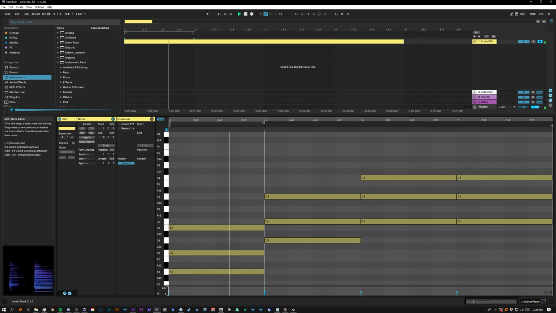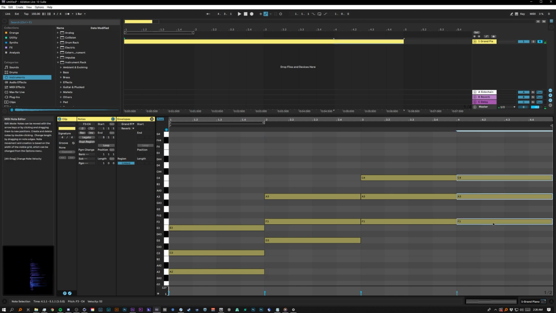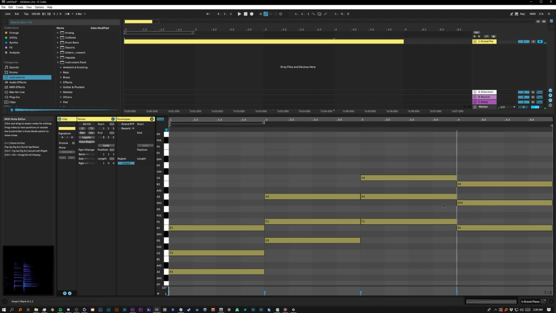So as you can see, by restricting notes to the key signature, you don't have to worry about which chords should be major or minor. If you want to change a chord, like let's say I want this chord to be an E chord instead of an F chord, if I transpose this down, now this G sharp, we're breaking the key signature because G sharp is not in A minor because A minor is all of the natural keys, all